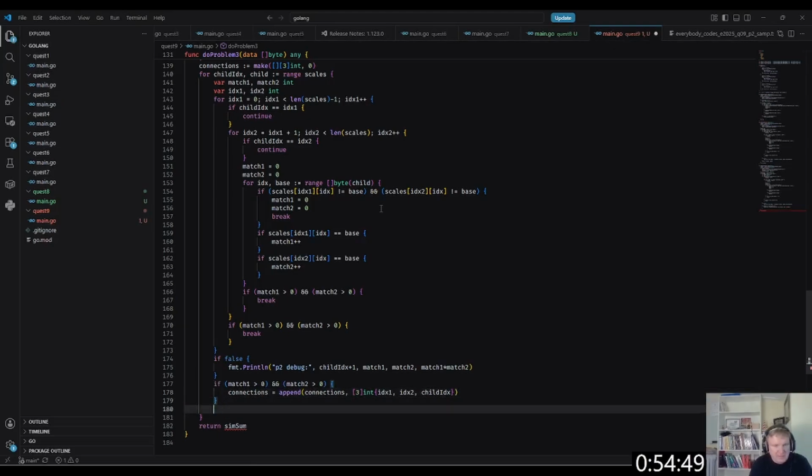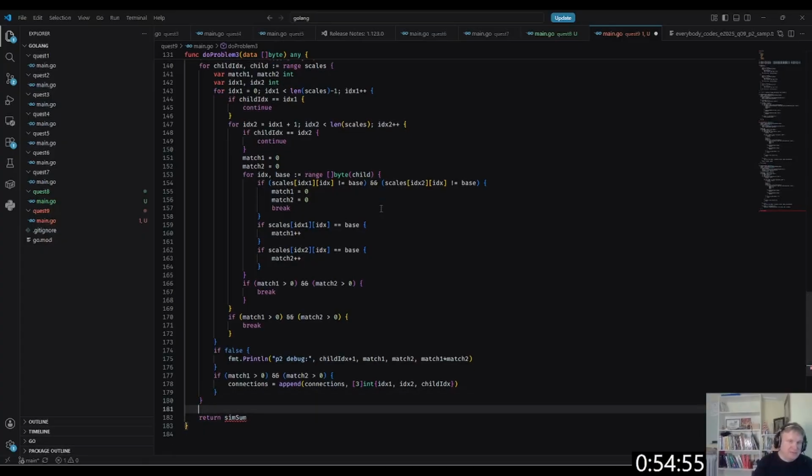Then, okay, so after I've done that, I have all of my connections made. Now, family num, make, so going to be a map from int to int,